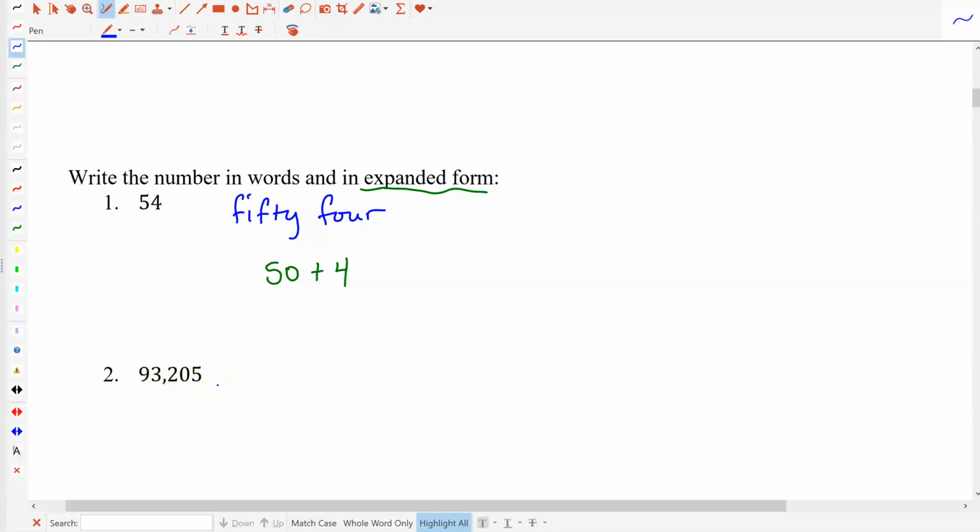So the next number is 93,205. It's not wrong to write the number without the comma, but the commas grouping every set of 3 help people break apart the number and see those sets of 3 easily, because then that helps us understand what that number is, how big it is, and maybe how to say it. So this one would be said in words. It would be 93 and then 1,000. So when I stop right here, I say this part as if that was the only number, and then I say 1,000 because the 3 ends in the 1,000 spot. And then